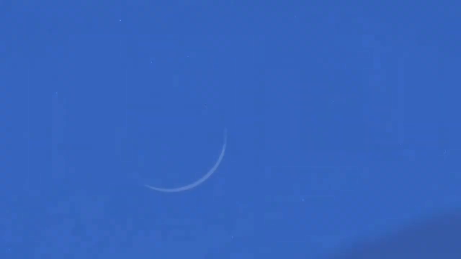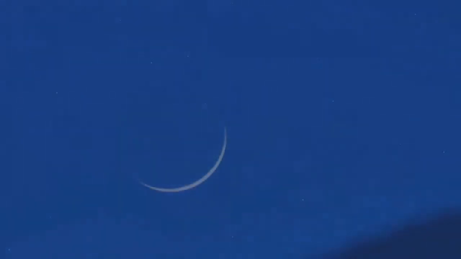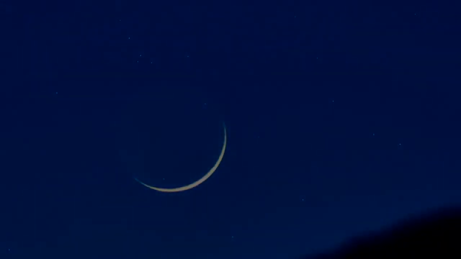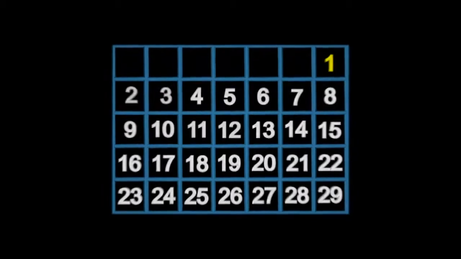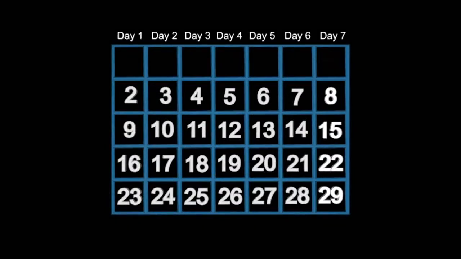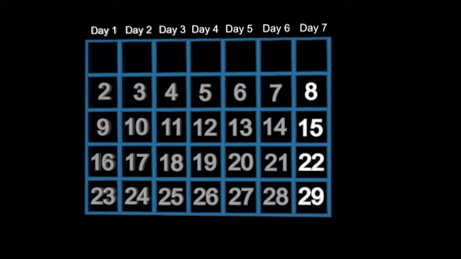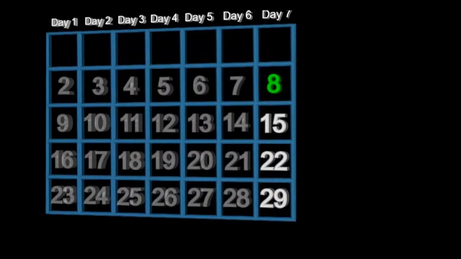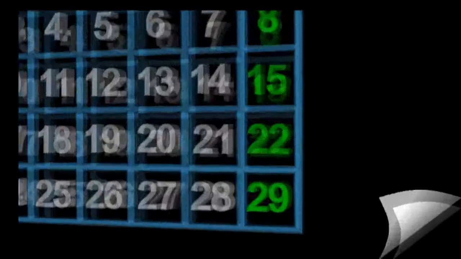The first visible crescent of the new moon will be seen in the western sky after sunset, when it grows dark enough to see a few stars. The true lunisolar calendar is very user-friendly. Days of the week always fall on the same dates of the month. Every time a seventh-day Sabbath in Scripture is assigned a date, it always falls on the 8th, 15th, 22nd, and 29th days of the month.